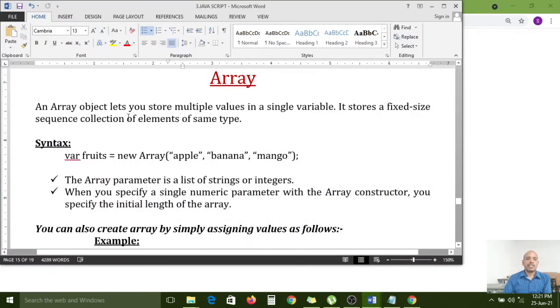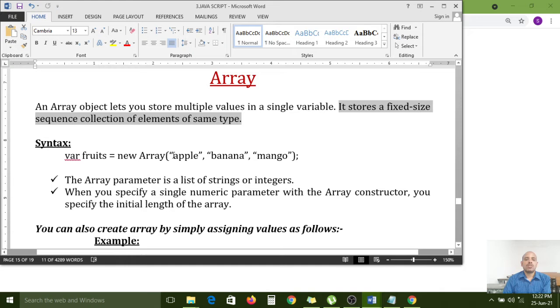An array object lets you store multiple values in a single variable. It stores a fixed size sequence collection of elements of the same type.